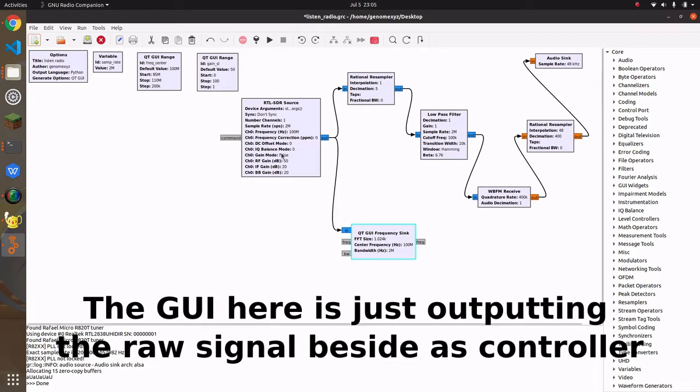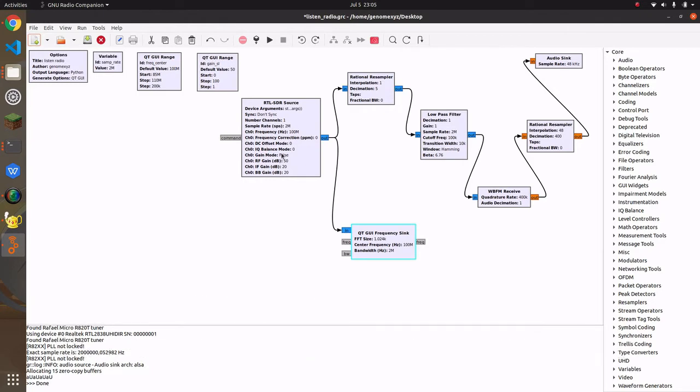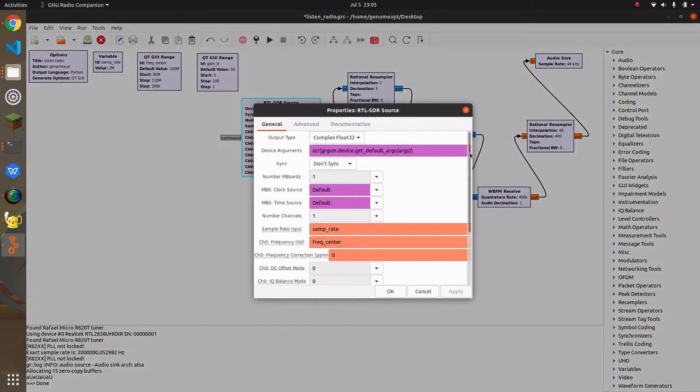I will explain the RTL-SDR source first. This block has many parameters, but I want to focus on two of them, sample rate and frequency. I set the sample rate as 2 million, and the frequency as 100 million.